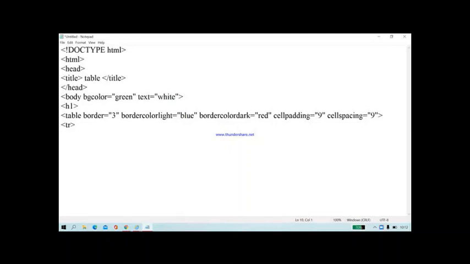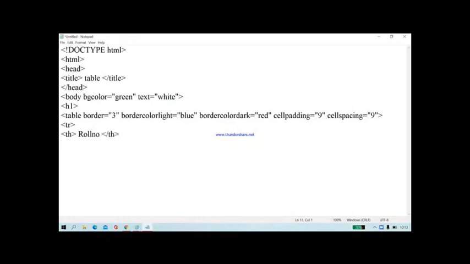Then there are two tags. One is called as th, which is used to give the table heading, and second is called as td, which is used to give the table data. So table heading and table data tags are used to write the contents, cell contents within the table. So first now I am giving it as a th tag. So here after th, I will put the roll number, then slash th.